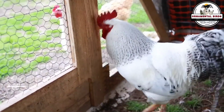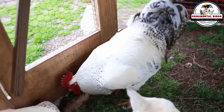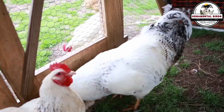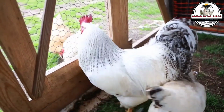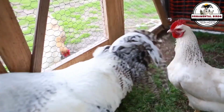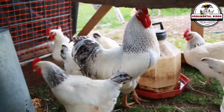From these crosses emerged a silver color mutation with a Columbian pattern where the plumage is mainly white, with a faded barring on the neck and tail. Their physical appearance is somewhat similar to the physical appearance of the ermine Sussex breed. Ellis was impressed with these birds and began selectively breeding them with each other to fix this color pattern and